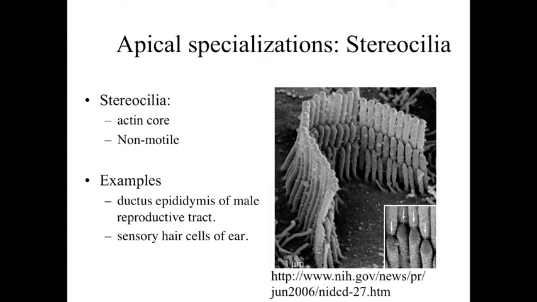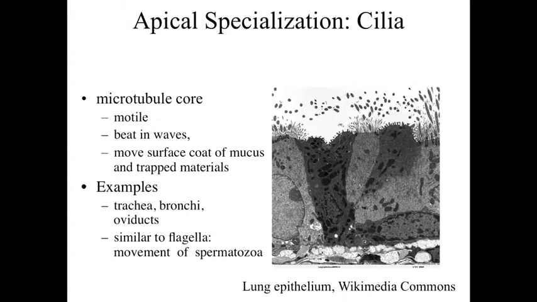Similar to the microvilli are going to be stereocilia. Stereocilia aren't true cilia because they have that actin core. They're not going to be motile, but they're again going to be specialized projections found on the apical portion of the cell. Relatively rare within the body. The two primary locations where you can normally find stereocilia are going to be the ductus epididymis within the male reproductive tract and sensory hair cells within the ear. So microvilli are going to be very prevalent within the body, stereocilia a lot less so,